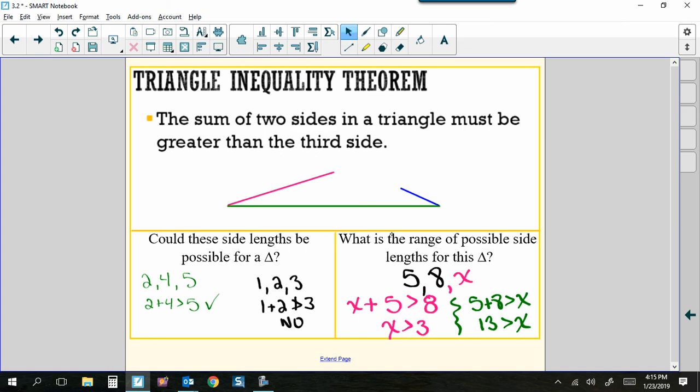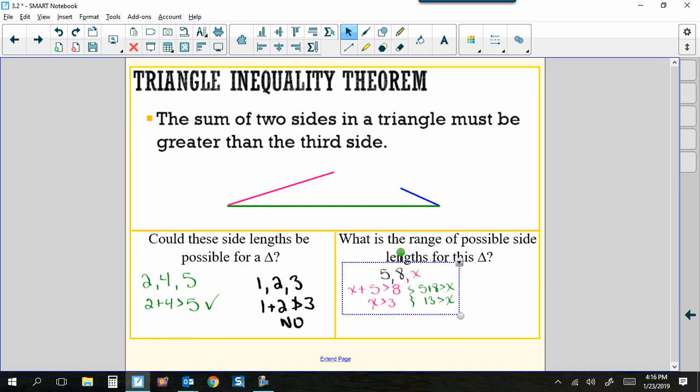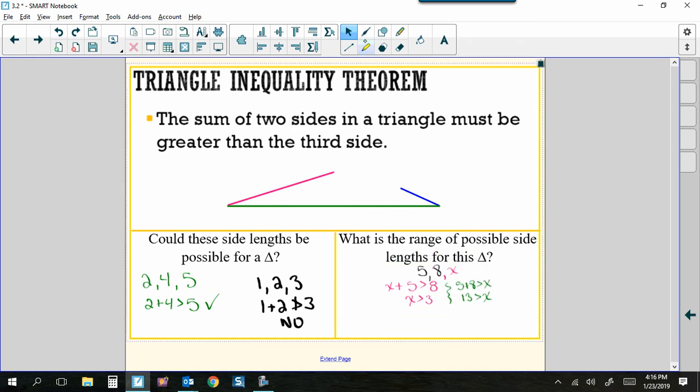So there's our range. The way you're going to see it written is as a compound inequality. So basically, x has to be somewhere in the middle of these 2 numbers. So what you're going to do is you're going to go ahead and put x in the middle, and then always put your smaller number on the left and your larger number on the right. Then you're going to write 2 inequalities, and go ahead and write them separately, but always read from the x value. So for example, if we look at x, we know x has got to be bigger than 3.